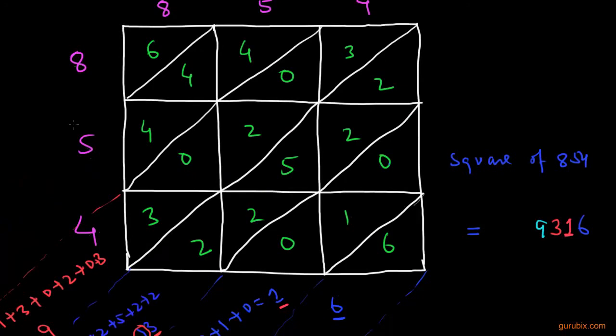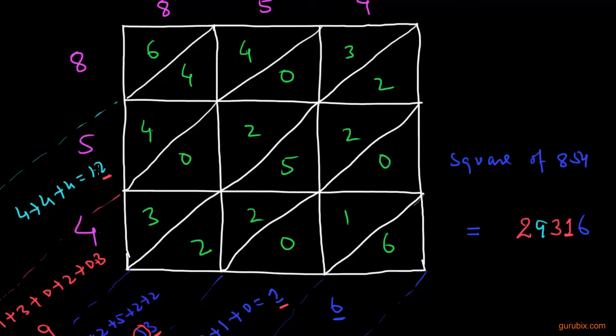And now we shall add the digits in this diagonal, 4 plus 4 plus 4, this means 12. And now we shall underline the unit digit of this sum and write it here,